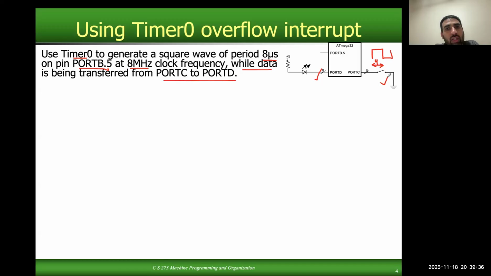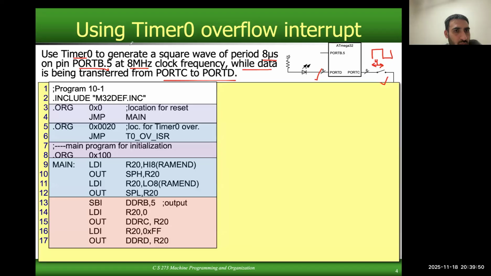However, this illusion of doing multiple tasks simultaneously, have a look how we can do this. So first, what we are doing here is that